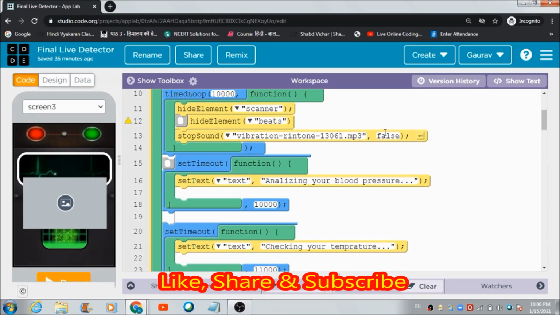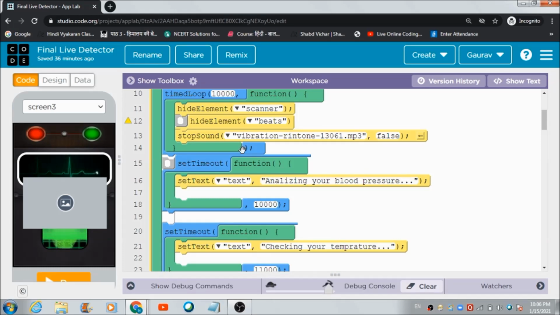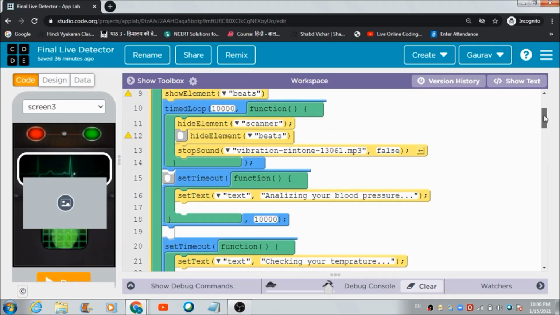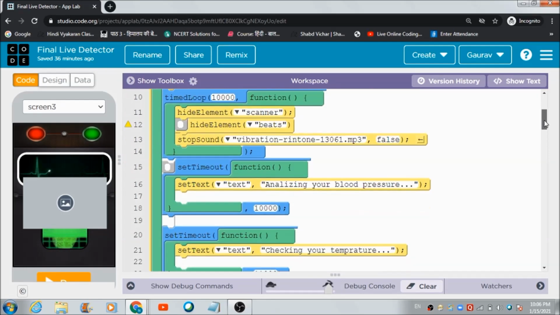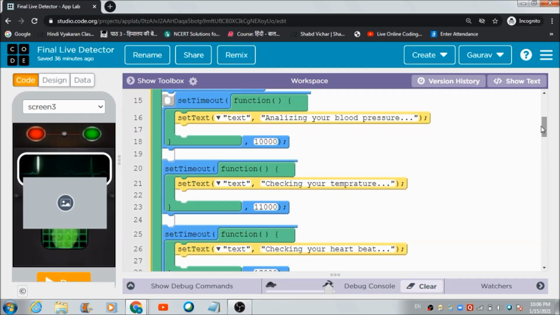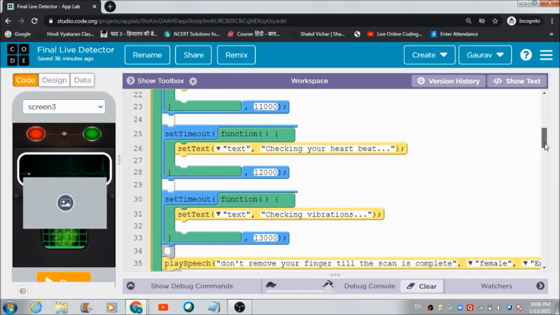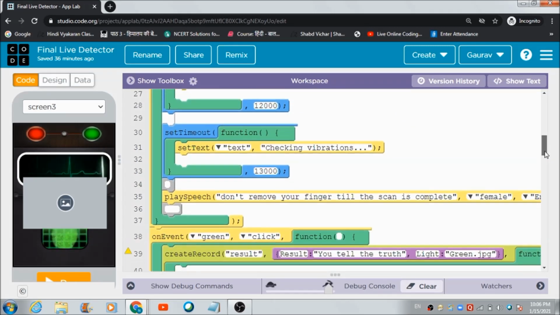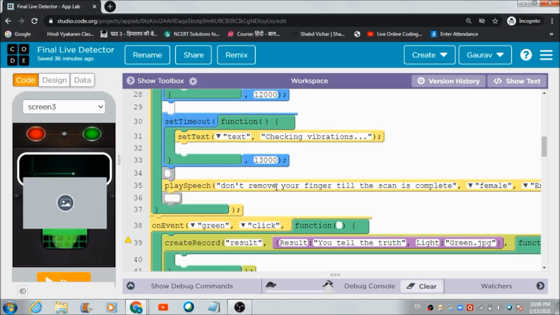Now, you must have seen those messages, analyzing your blood pressure, checking your temperature. It's because of this timed loop and set timeout block which I have made use of. If you have seen my lecture on my YouTube channel, in which I explained how we can make use of the set timeout feature and timed loop feature, you must know about all these things.